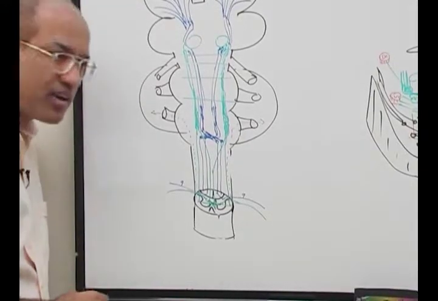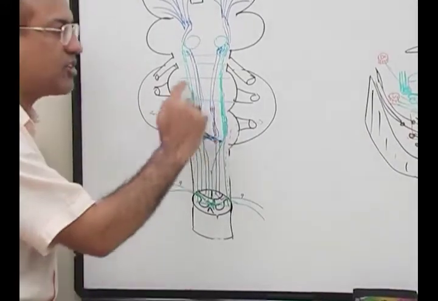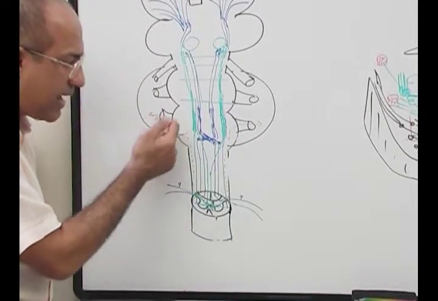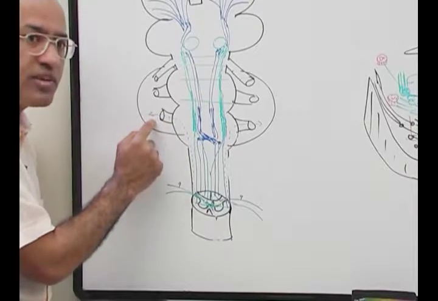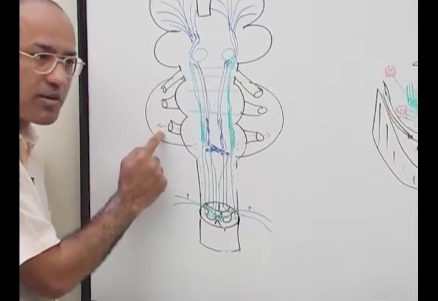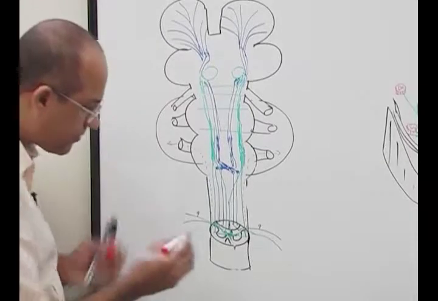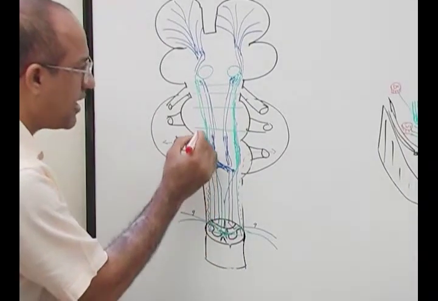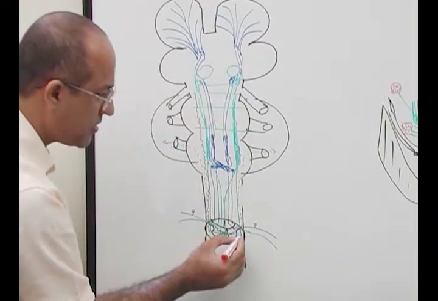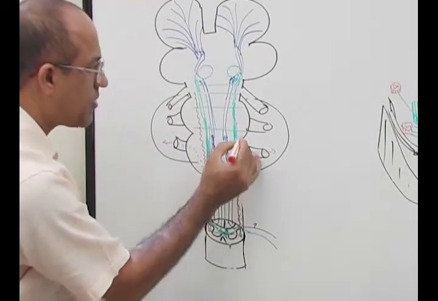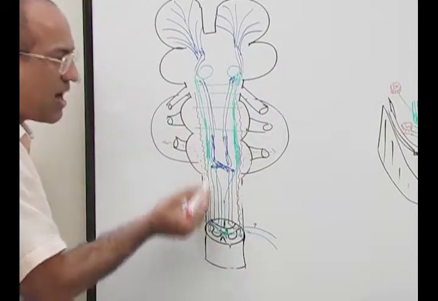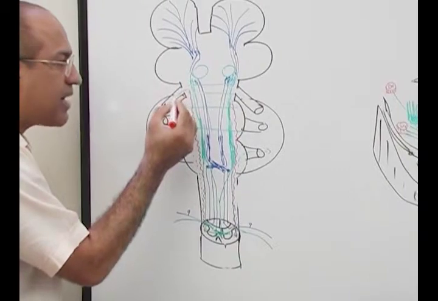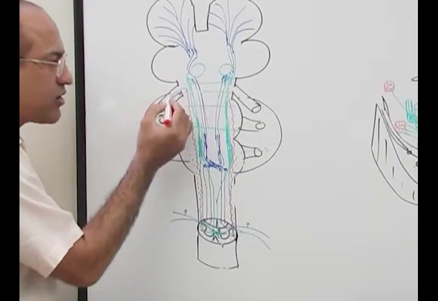Dorsal spinocerebellar tracts can be seen in pontine section. Answer is no, because dorsal spinocerebellar fibers enter through the inferior cerebellar peduncle to the cerebellum. But look at your ventral, what is this? Ventral spinocerebellar fibers. What are these? Ventral spinocerebellar fiber. They go upward until they reach the lower part of midbrain, and from there the ventral spinocerebellar fiber